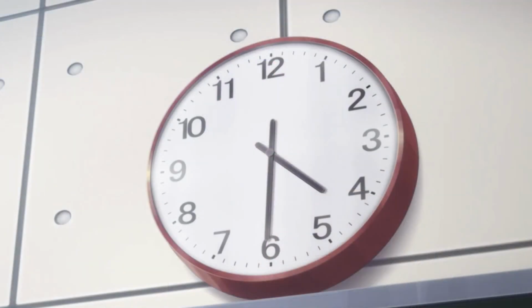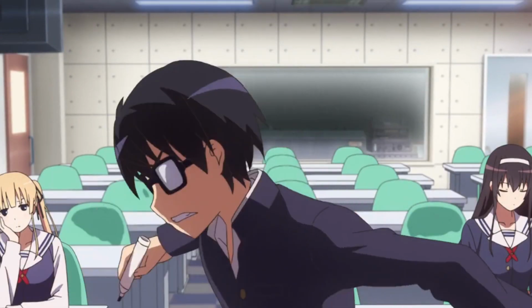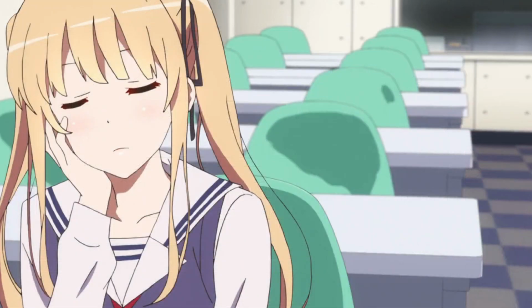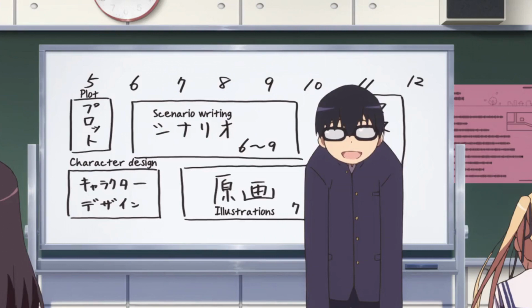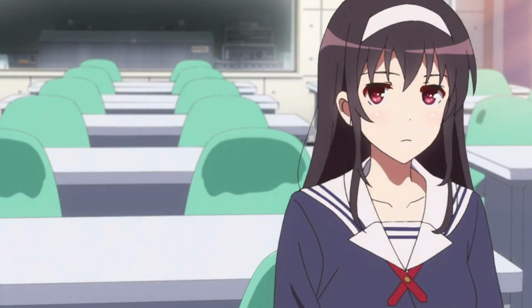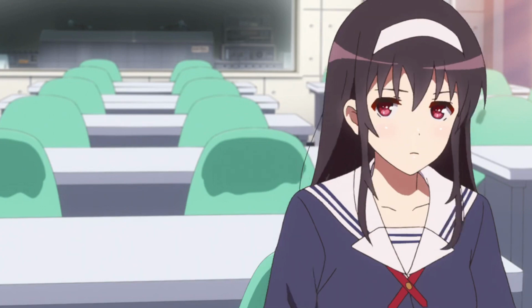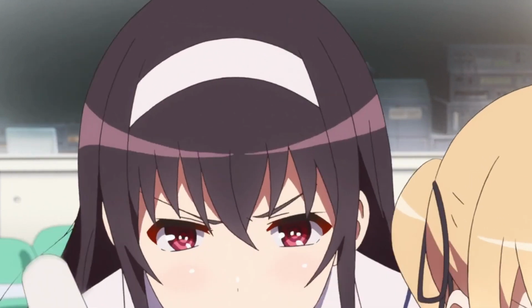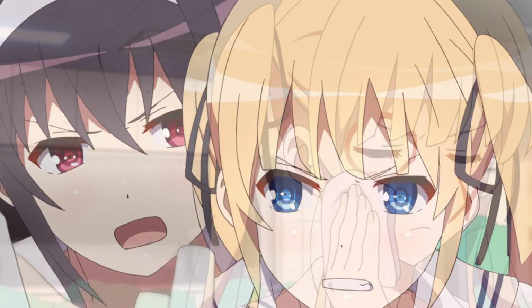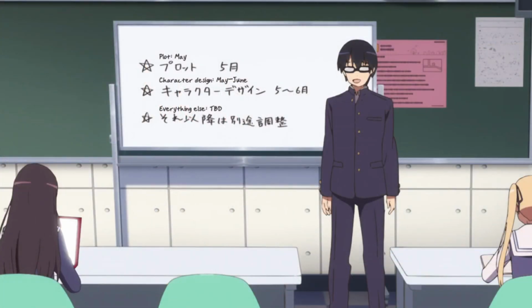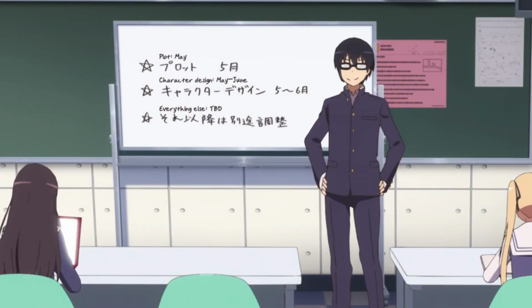As the two girls calm down, Aki writes down the game's schedule and plans to finish it by December for Winter Comic Market. Both girls deny the schedule at once because of their busy schedules, and Kasumi alters the schedule to her liking. Sawamura objects to the changes made by Kasumi and changes them to benefit her. This leads both girls to fight and argue over the schedule and end up drawing weird marks on each other's faces. As Aki calms them down, he asks how he can help.